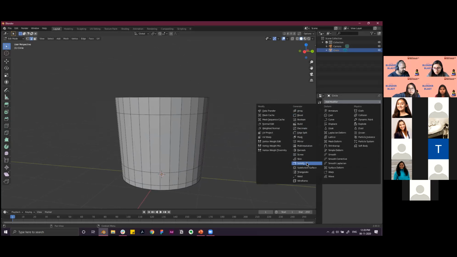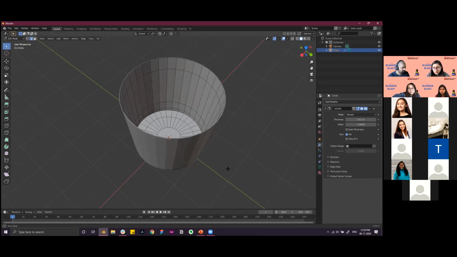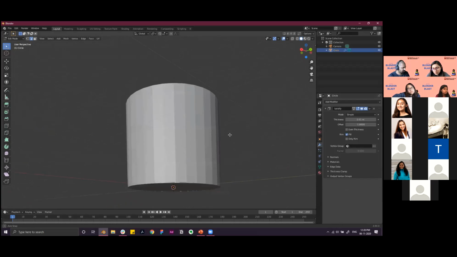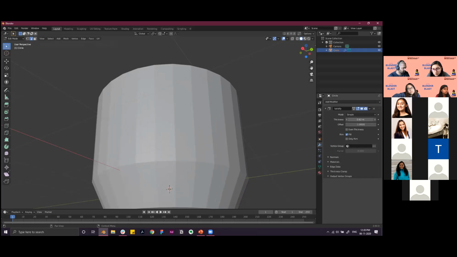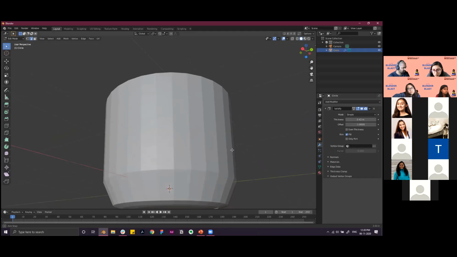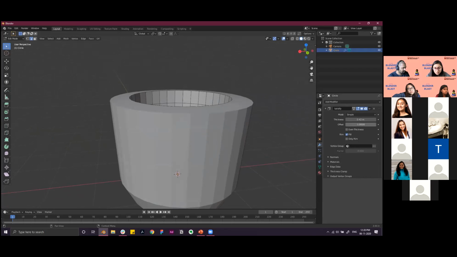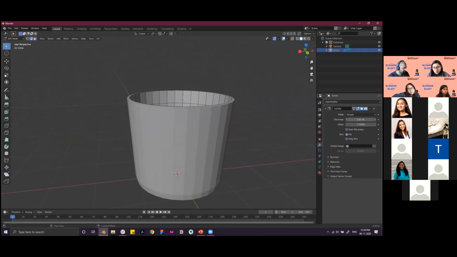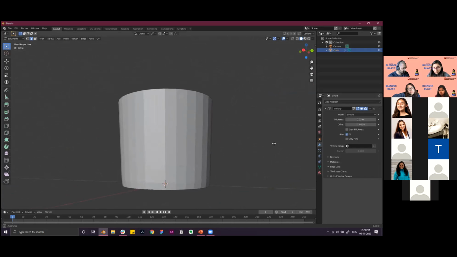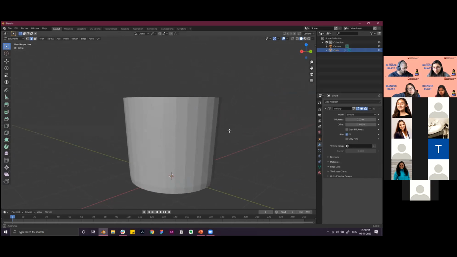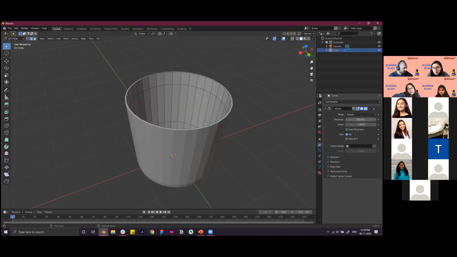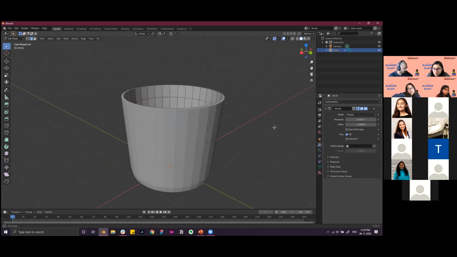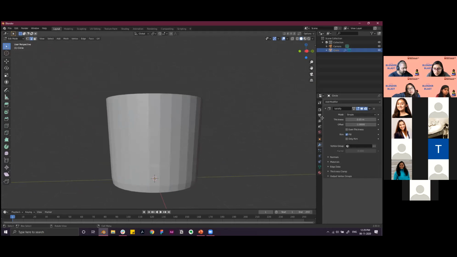So if you select solidify, it'll basically create a shape, and we can move around with the thickness and give it a thickness that you like. For now, we won't create that thick of a mark, but a thinner one. So 0.3 should be fine. So you can move around with the thickness and create a mark.